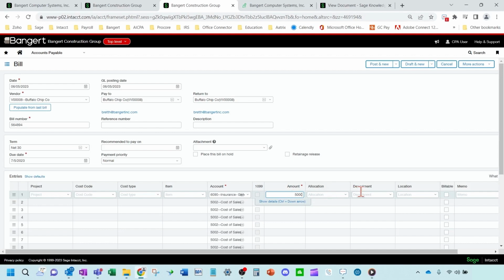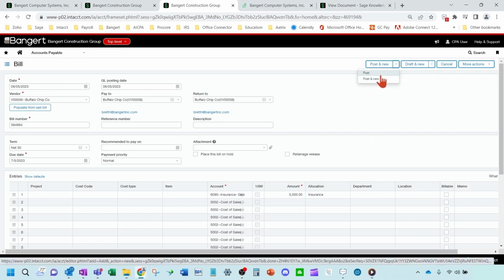Let's put the amount in, and we're going to pick our allocation. Okay, so let's hit post.